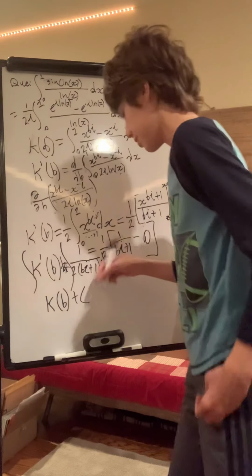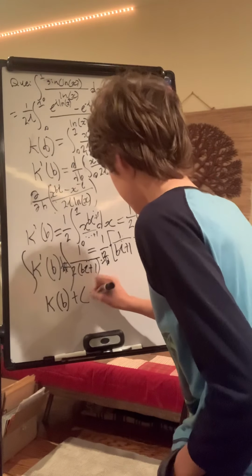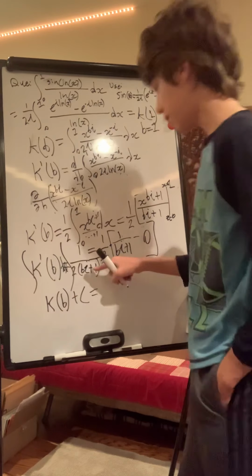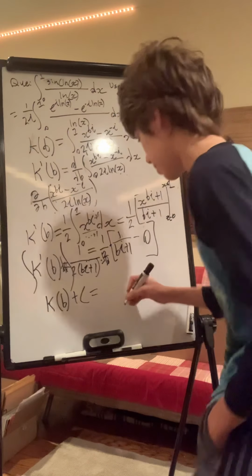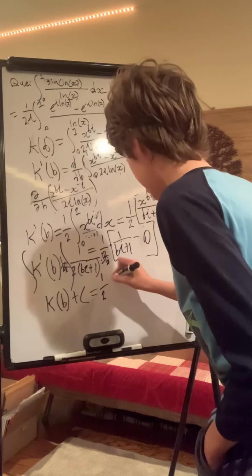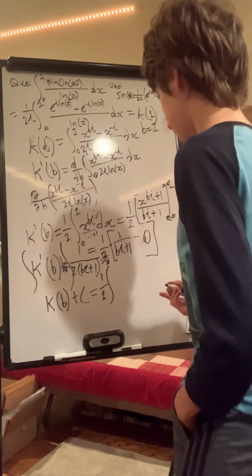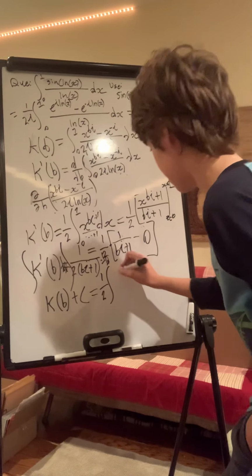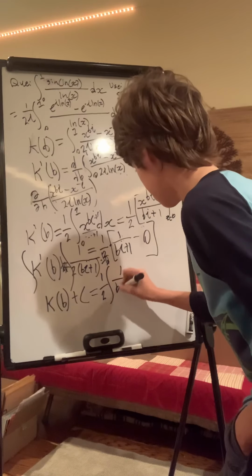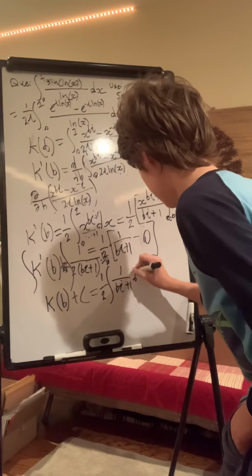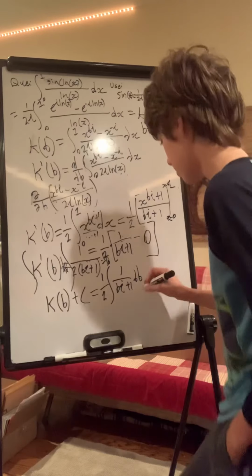So this accounts for that. And okay, that's pretty easy to integrate, right? We just get 1/2 on the outside, the integral of 1 over bi plus 1 db,